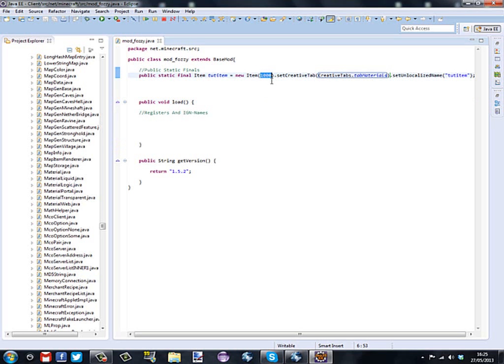So when you type in /give fuzzy2k11 1001, it'll give you one of this item. And then it's saying that we want to set the creative tab to materials, and then it's saying that the unlocalized name, which is the name of what it's going to be inside of the